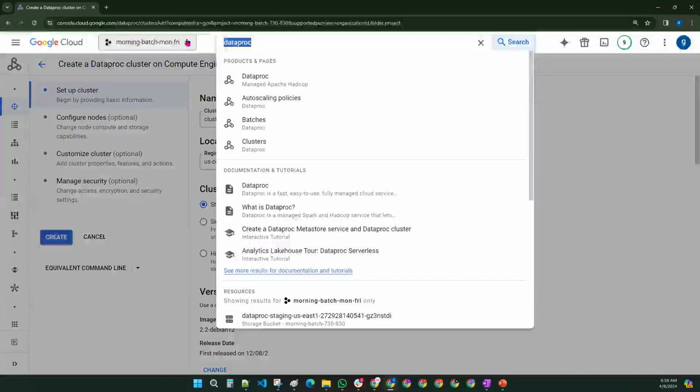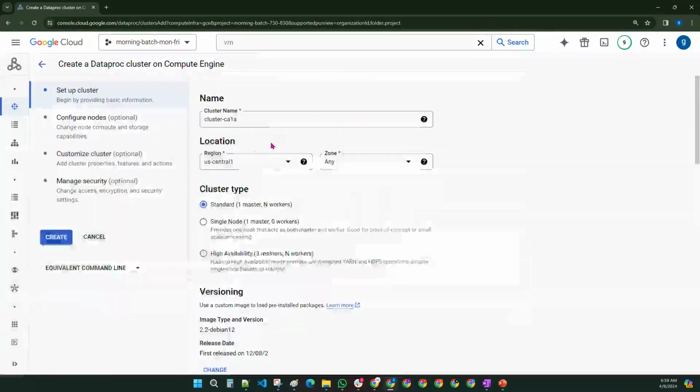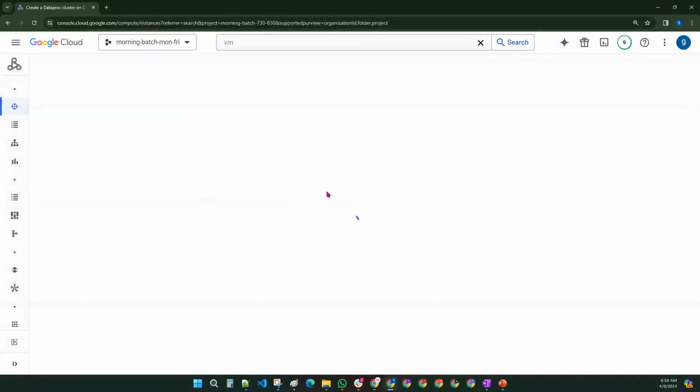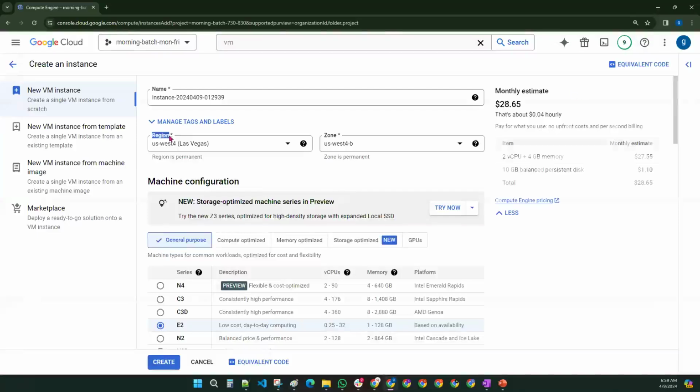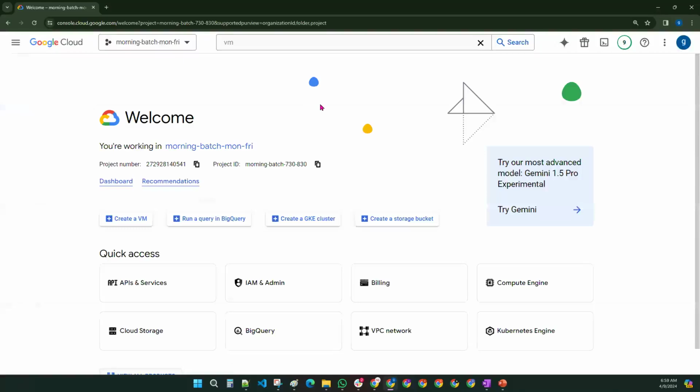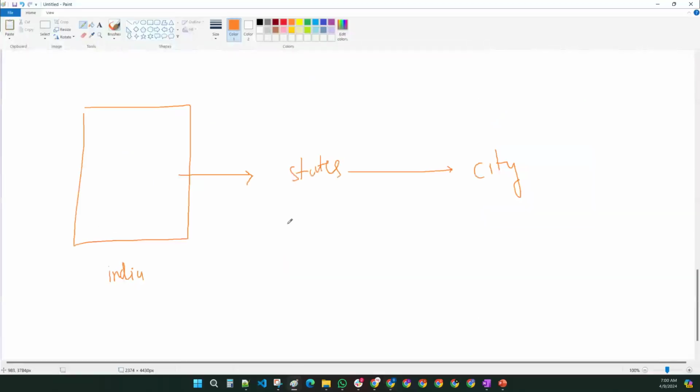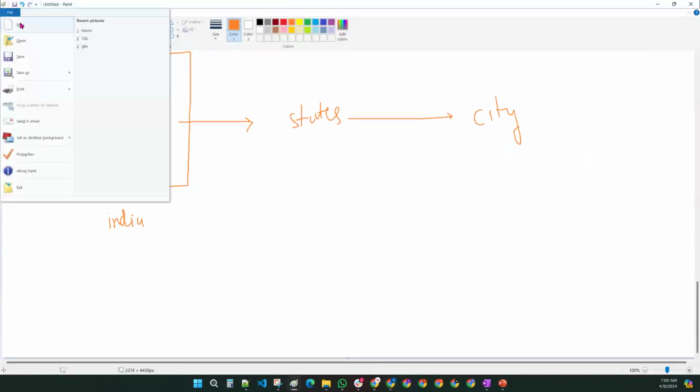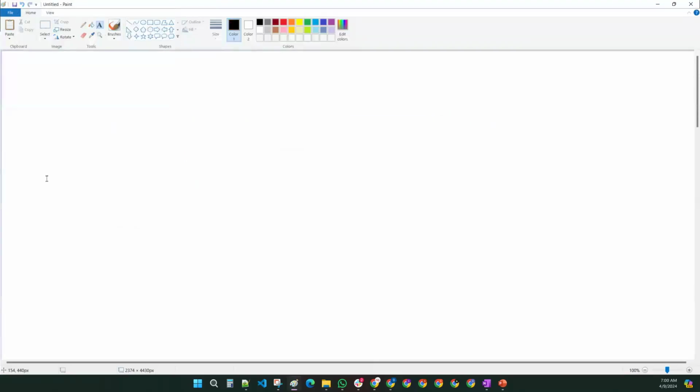If you wanted to create some virtual machine, you have to specify the location, region and zone. So in GCP, in Google Cloud Platform, not only in the Google Cloud Platform, if you go for any cloud platform, if you wanted to store or if you wanted to create any resource in cloud platforms,